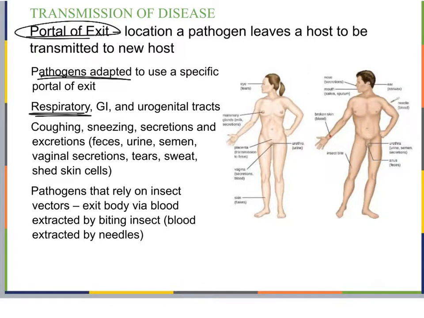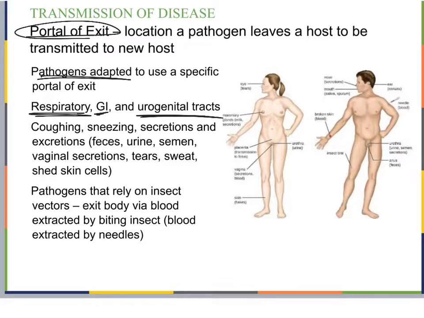So again, people are coughing. As they're coughing, that would be a portal of exit. So we would get viruses or bacteria spread that way or transmitted that way. Through the GI tract, as you have an intestinal infection using the restroom, and then another person using the restroom, or using the restroom and not washing your hands, for example, and then transferring that to somebody else would be a portal of exit. And the urogenital tracts, again, so transmitting through the urinary system or the genital system, reproductive system, is then